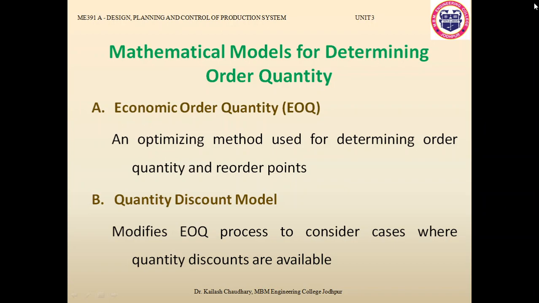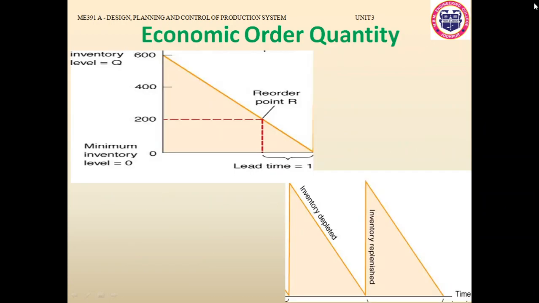These two figures will make the economic order quantity clear. As per the above figure, the total inventory available is 600 items. Once you consume these items and it goes down to 200, then you need to reorder, so that as soon as it reaches 0, you again get the required amount of parts in your inventory. That will keep your production going. You will not be blocked somewhere.